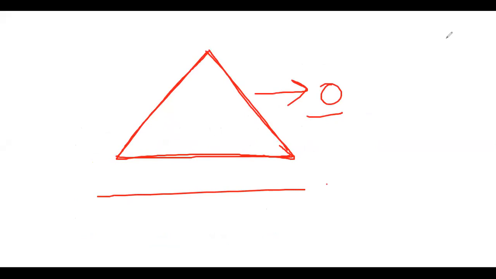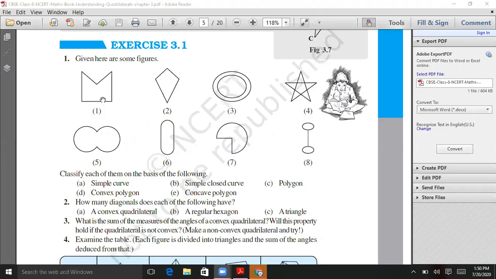Question 1 and 2 you can do in the book. Second question, in A and B part, you can show by making diagonals, so you can do that in the notebook. The first question you can do in the book and the second question you are to do in the notebook. Let's move to the third question. Try the third question also, okay?